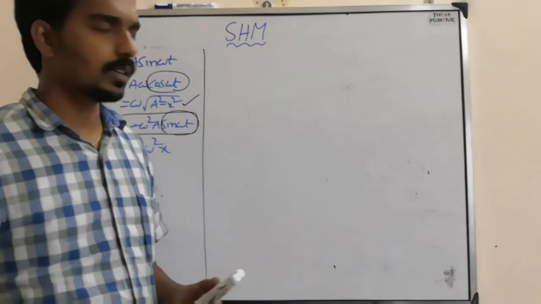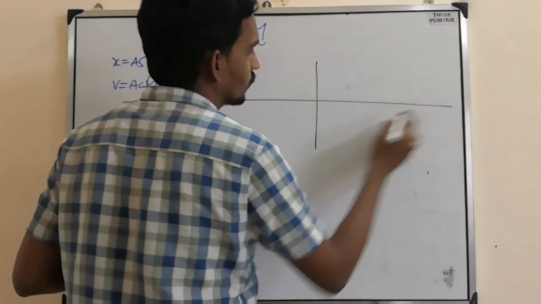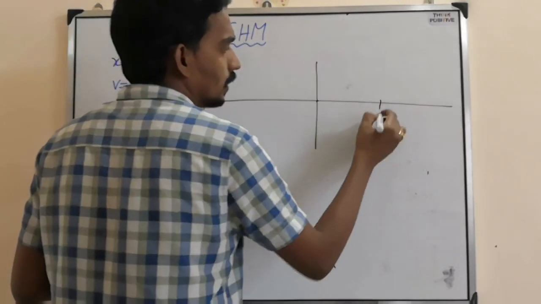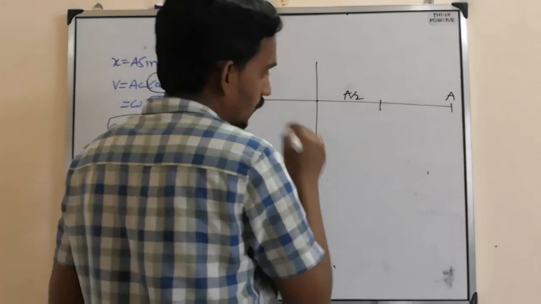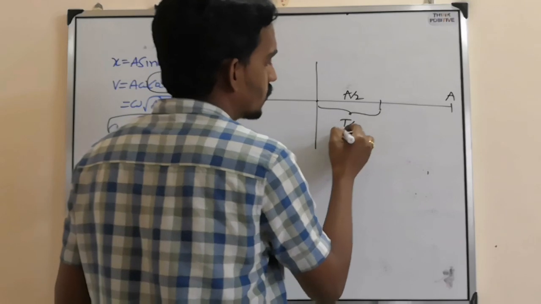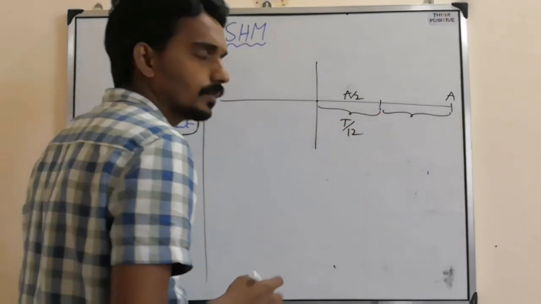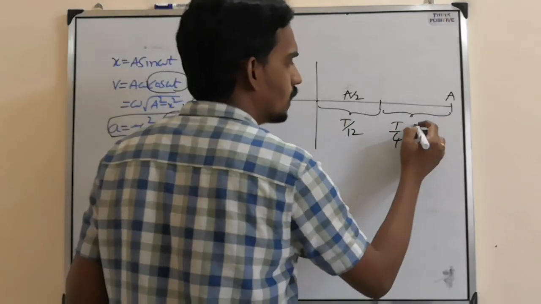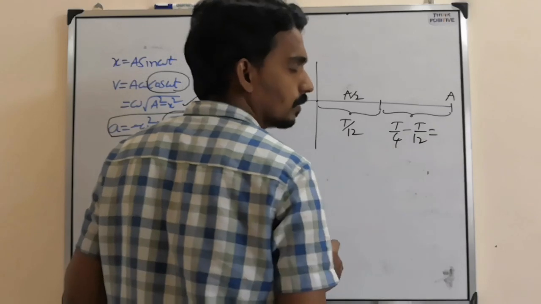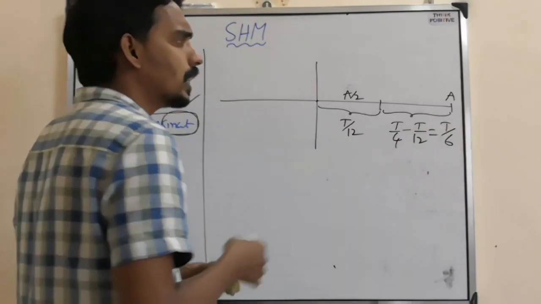And always remember, suppose you consider half of the displacement. This is full. Now this time we found how much? T by 12. Then this time also they can ask. Then what will it become? T by 4 from here to here, so minus T by 12. How much will it become? T by 6. Then in reverse also the same thing.